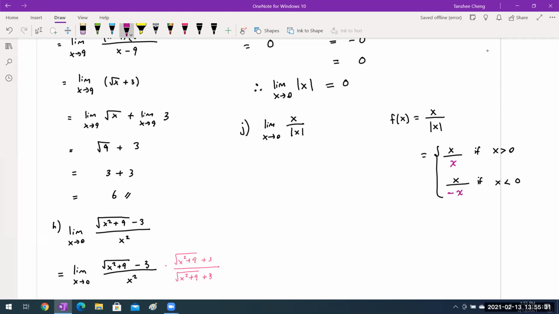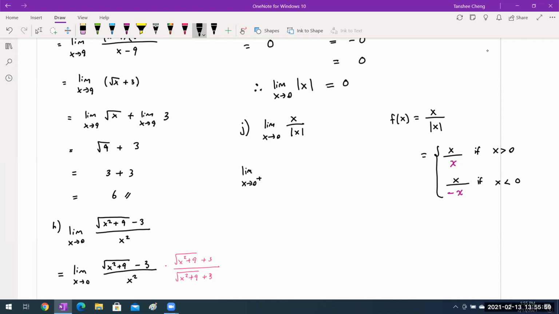So with this, you can sort of see that the limit that we are trying to approach, which is 0, involves what? 2 different parts of the restricted domain of the functions. So that basically tells us we're going to have to use what? The right-hand side and the left-hand side approach. So therefore, when we look for this limit, first we're going to talk about limit as x approaches